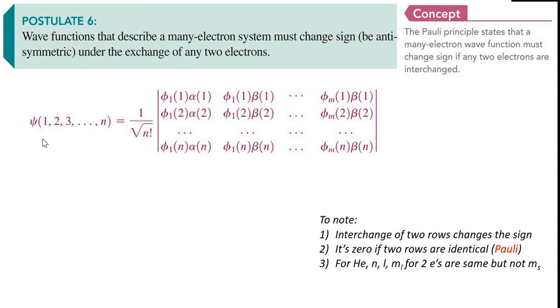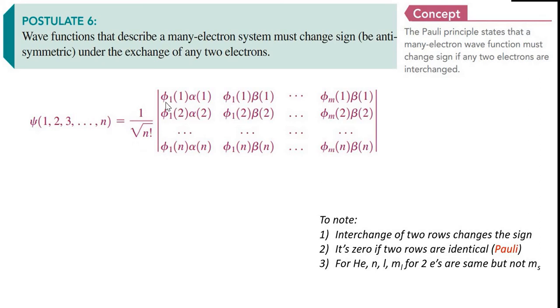Suppose we have an n-electron wave function. So psi is a function of how many electrons? 1, 2, 3 up to n. Now the right-hand side is actually a very compact notation of an antisymmetric wave function. Antisymmetric in the sense that if you exchange two electrons, the sign would be changed. Well, what does it look like? First of all, this 1 by root n is a normalization constant, so don't bother much about that.